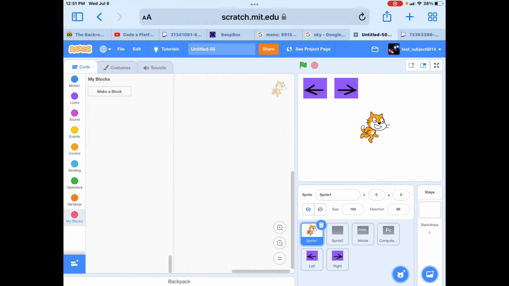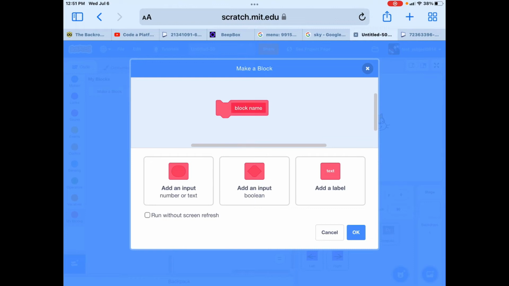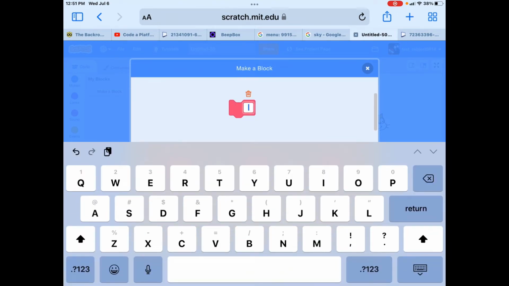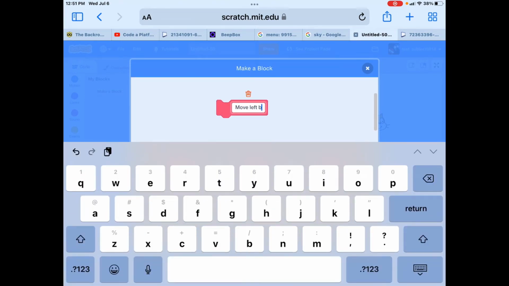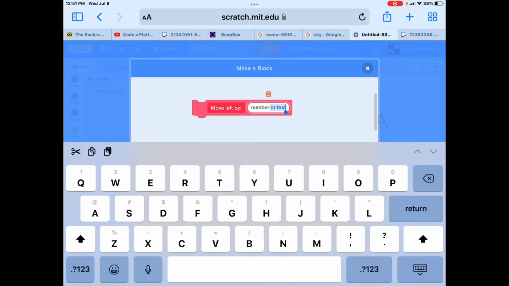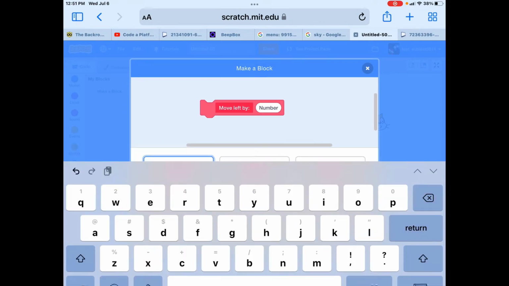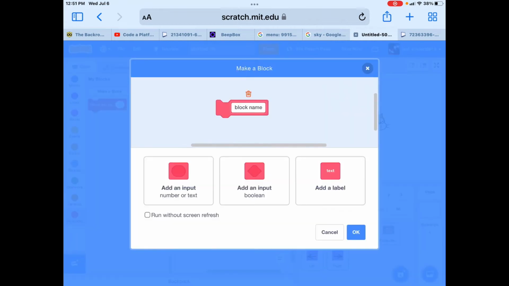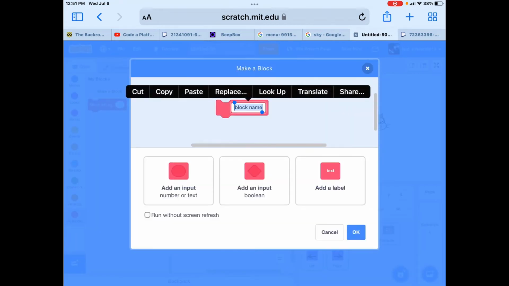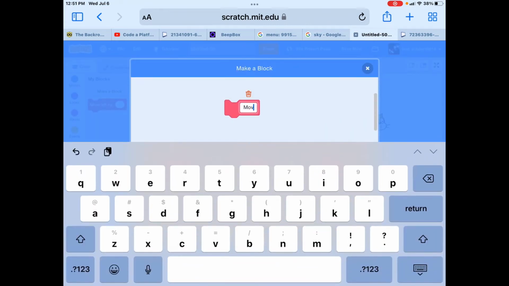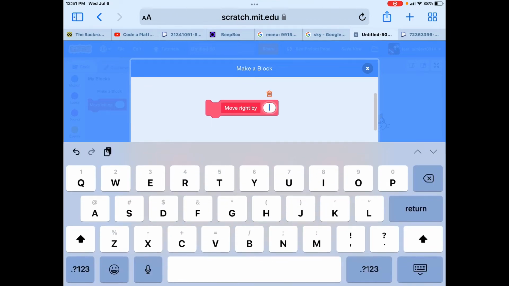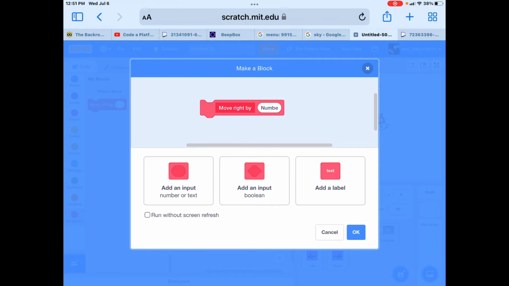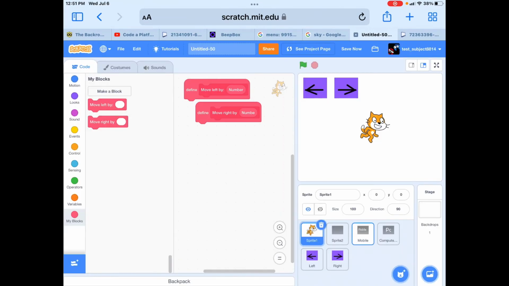First, we are going to make your own block. Name one, move left by number. Once you got that, make another, which is move right by number. So once you got both of those,